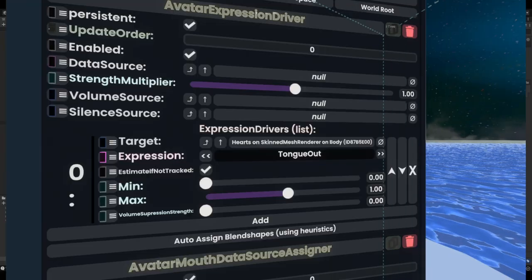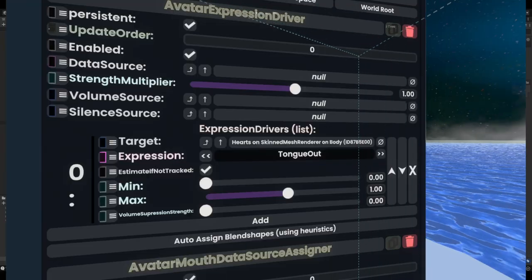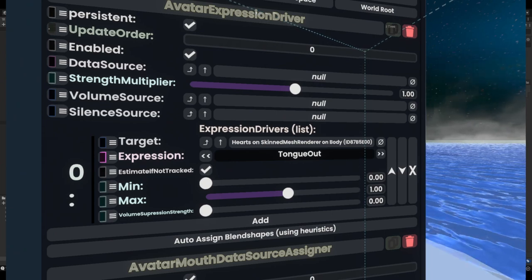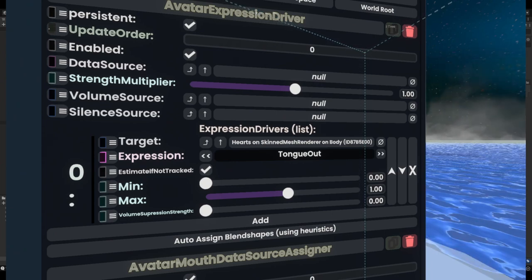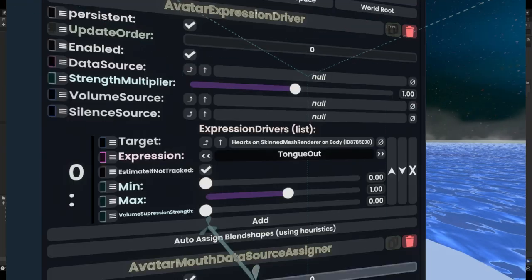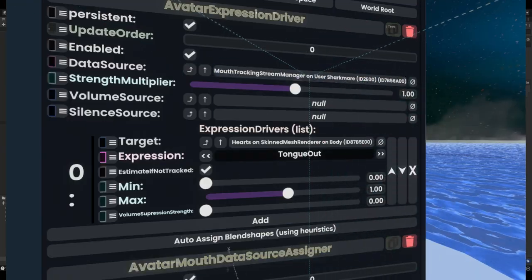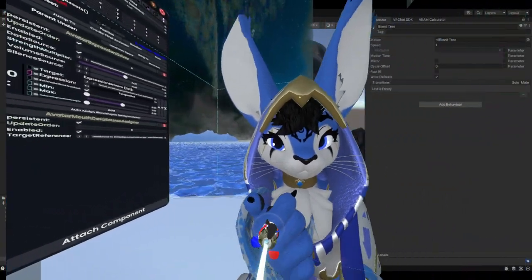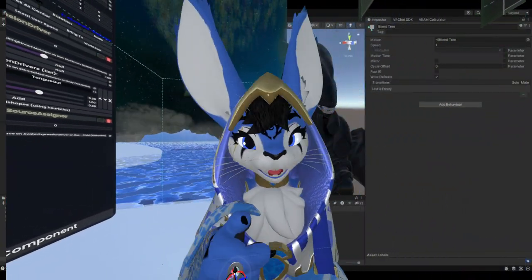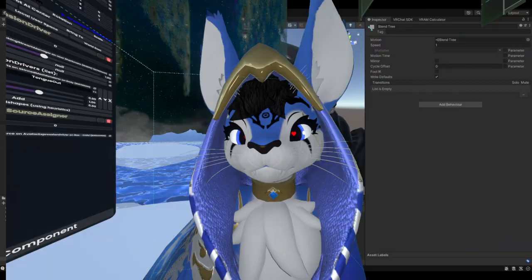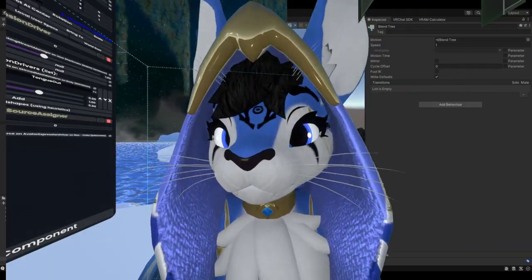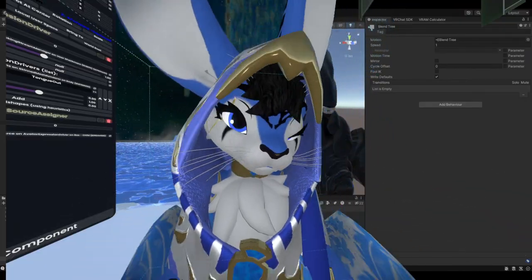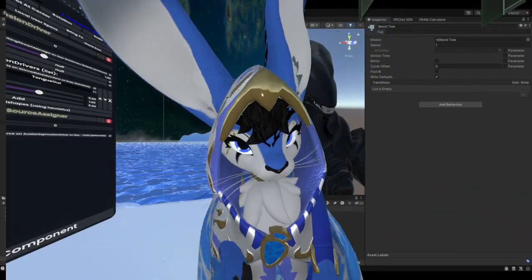If this wasn't an avatar and I equipped the avatar, my mouth tracking would now control that. To showcase this really quickly, I'm going to manually fill out the data source here from my avatar so I can preview it. And now, if I just stick out my tongue, you can see hearts up here in my eyes. And yeah,